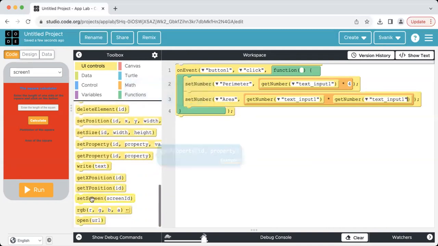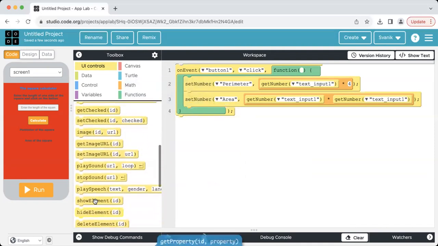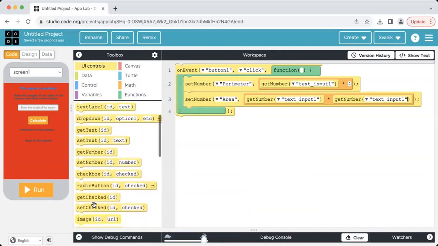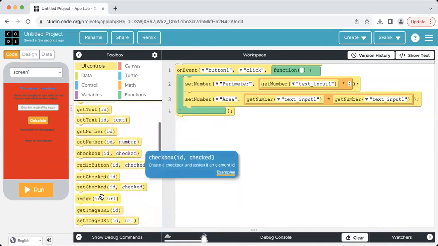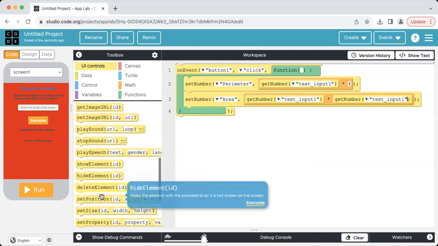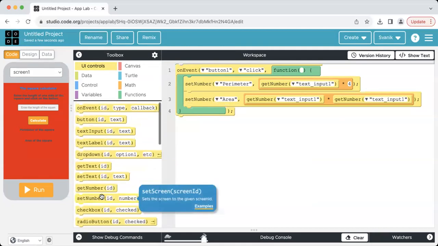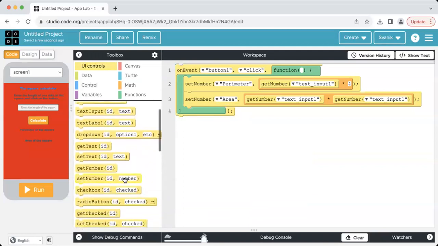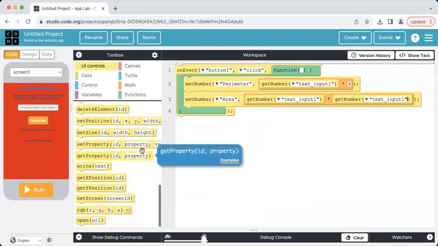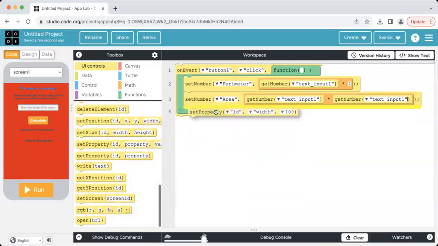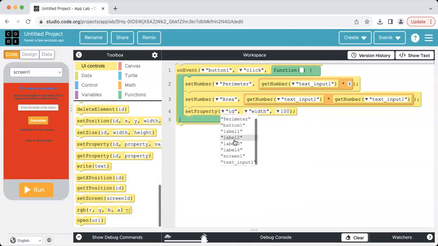Oh no. What was that code I put? Set color, I think. Oh no. The set property, yeah. Set property, of course I knew that. Set property, the screen, background color to